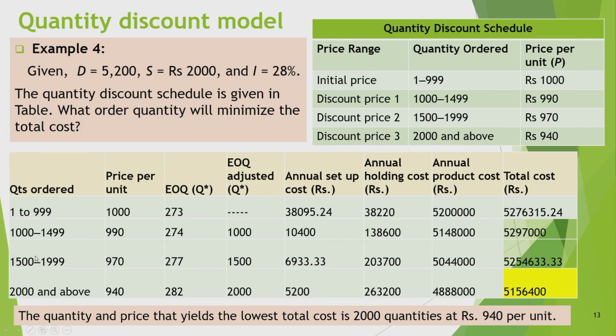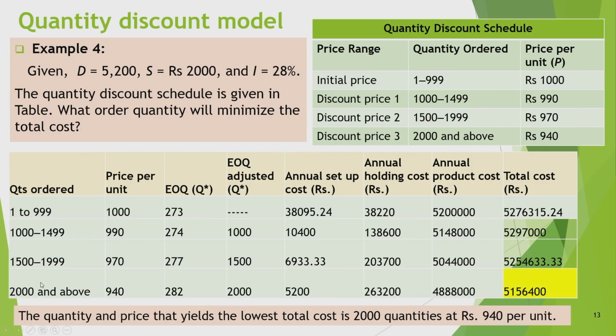If I take discount price 2, that is 1500 to 1999, my price per unit will be 970 and the economic order quantity will be 277, but I have to order a minimum of 1500, and based on that the total cost is